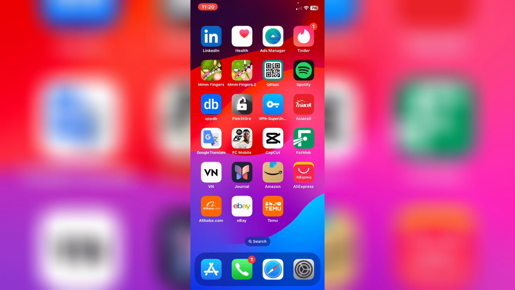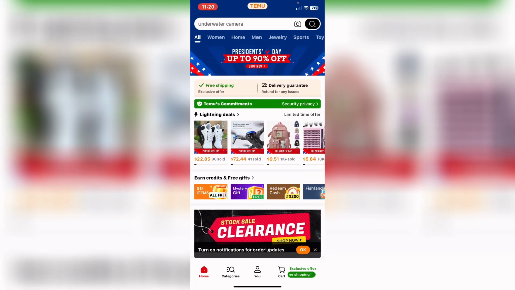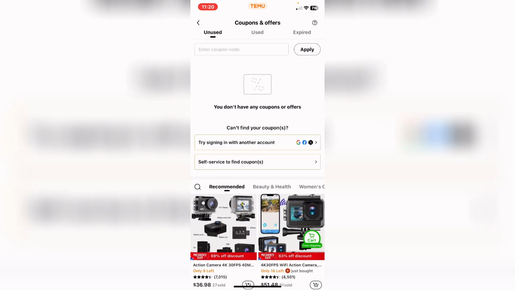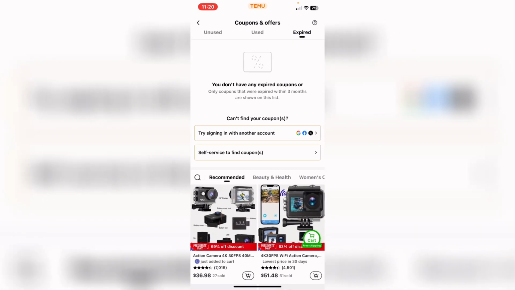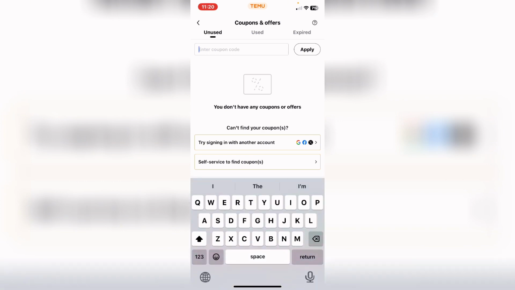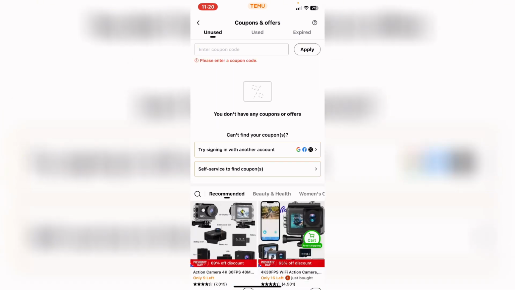First of all, open Temu, and after that, tap on the You section in the middle down, and tap on Coupons and Offers. From here we have unused coupons, used coupons, and expired coupons. If you have a coupon from here and want to use it, just enter the coupon code here in the search box and tap on Apply. And after that you should